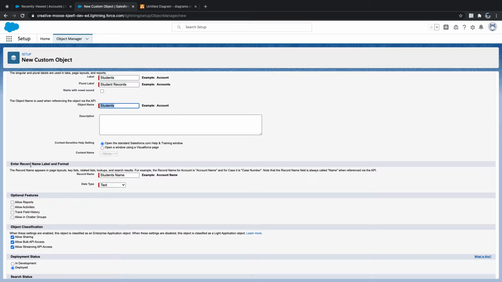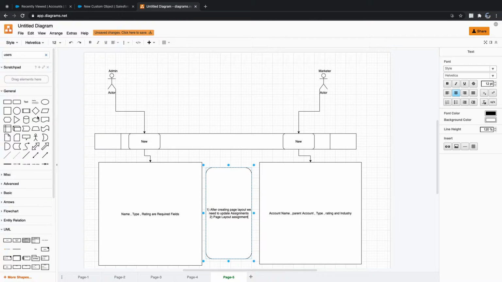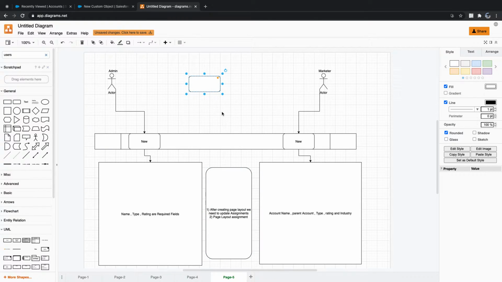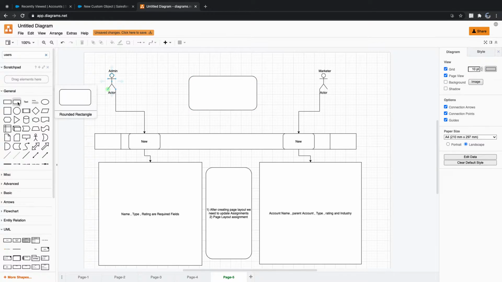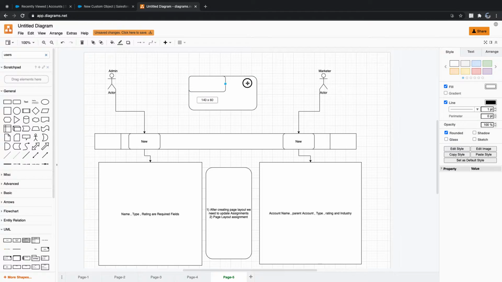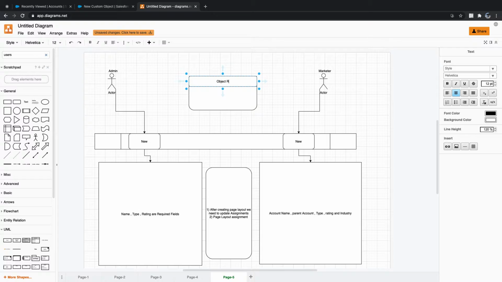And for everything, we have two things: record name. Whenever you want to create one table, you should have at least one column in the table. Will you be able to say this is a table? What if I have something like this? This value is nothing but your object record name, which comes with two data types, text and auto number. Text and auto number. Clear?